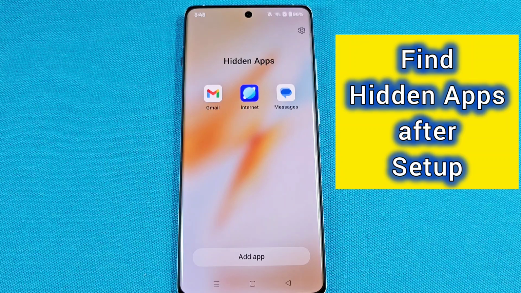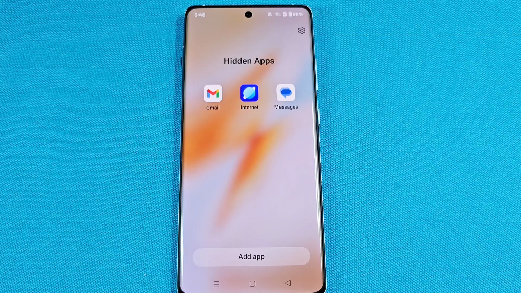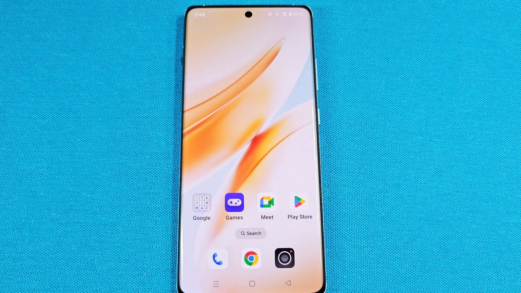How to access your hidden apps on your OnePlus phone. And let's go ahead and get started. So let's just say you did set up your hidden apps, you hide them away, and you set it up using the access code. So if you created your access code, and I assume you did remember your access code,